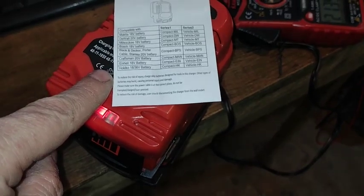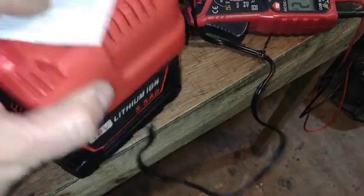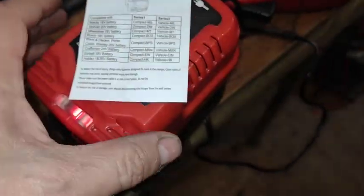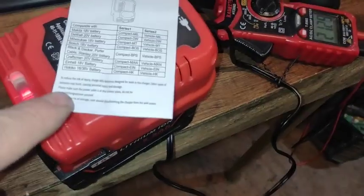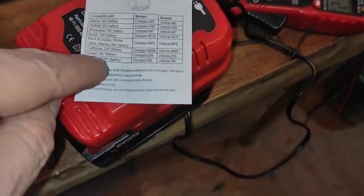I don't think it's compatible with all of these. The form is for the Milwaukee ones, so I don't know about the rest of them. Have they got all the same kind of clamp? Don't think so. Yeah, but they're all 18, 20...